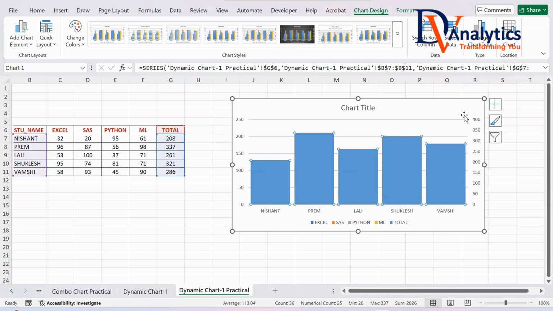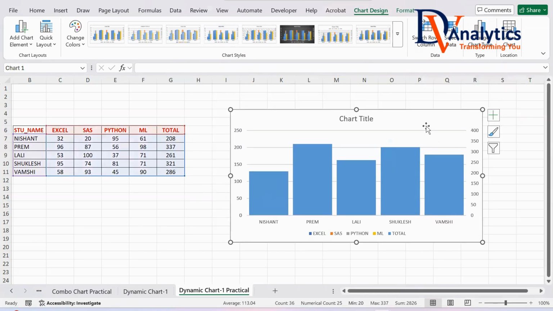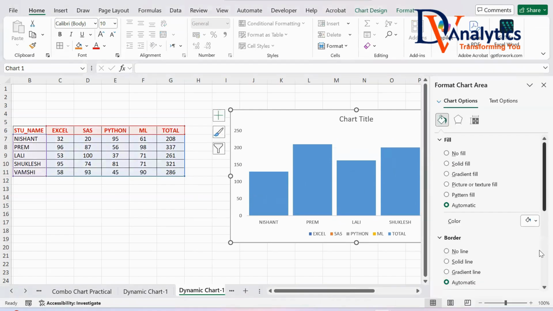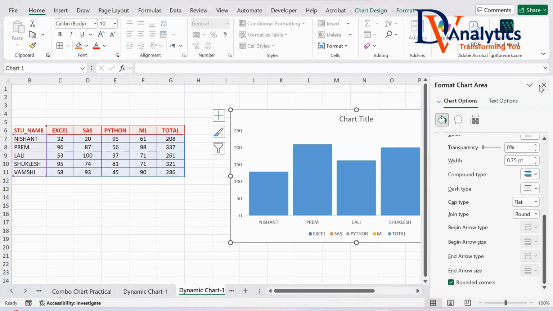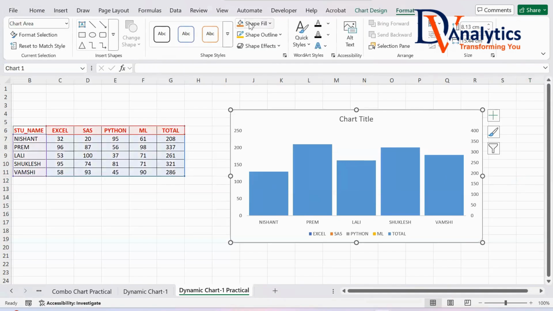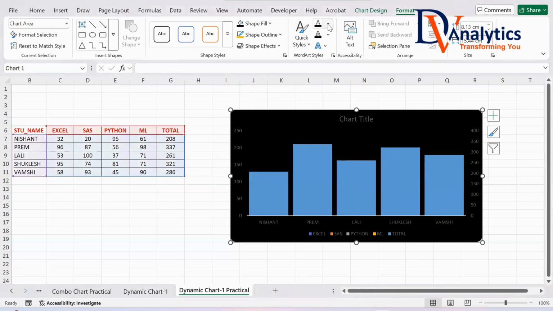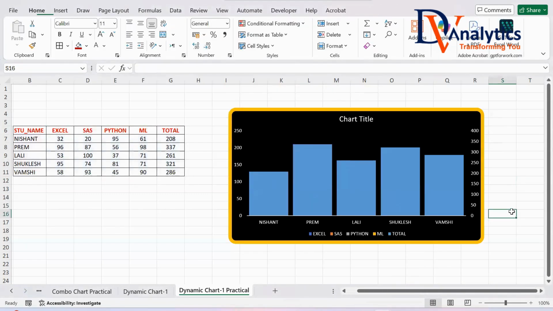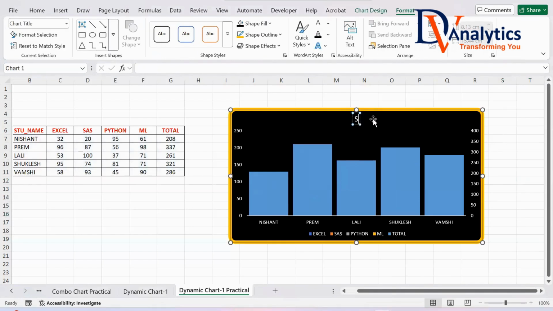We have done this now, everyone. Are you getting this here? Yes, sir. Now what will you do? Select this, format chart area, and make it a rounded corner. Now what I'll do first, select this, format, choose the background color as black, font as white, and choose the outline to make it 6 point. That's it. Soon after creating this chart, go to the chart title,